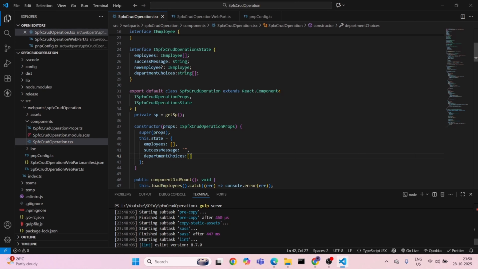So this was it will be of array type of string, and here it will be an empty array. This was another thing, and now